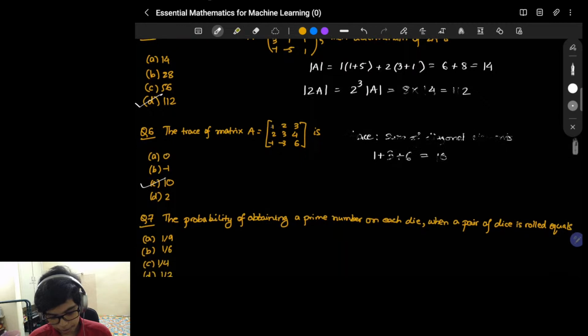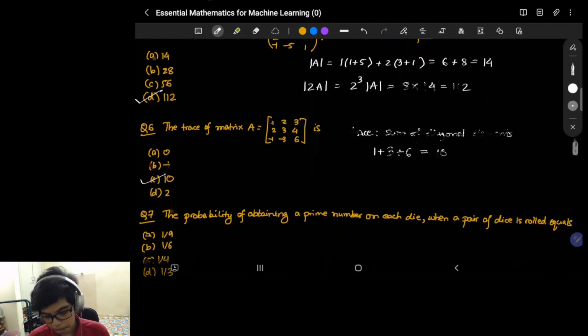Next we have a question on probability. So we are rolling a pair of dice and we need to find out the probability of obtaining a prime number on both of them. So prime numbers that are there,